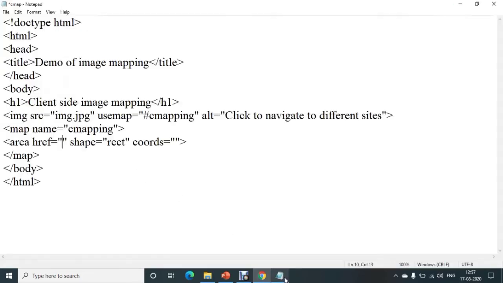For that you have to specify here the path of that site. So http://www.yahoo.com.